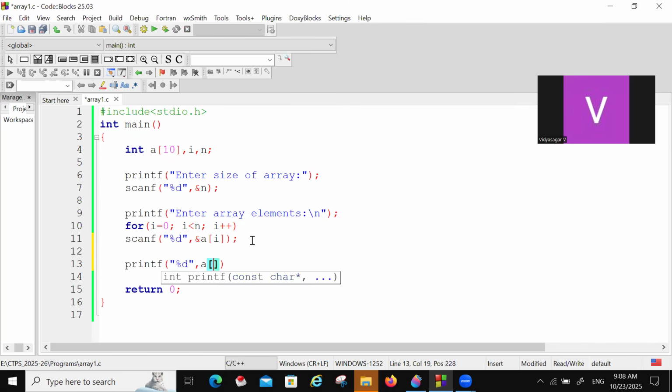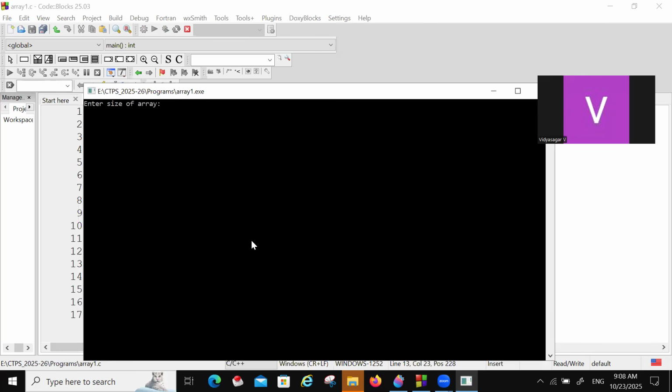Suppose I want to declare a value printf. I want to know a of 2. What is a of 2, I want to know. So these are the 6 elements I am giving. Give space. 6 elements I have given and a of 2. What is a of 2? Here, this is the 0th, this is the first index, this is the second index. So a of 2 is